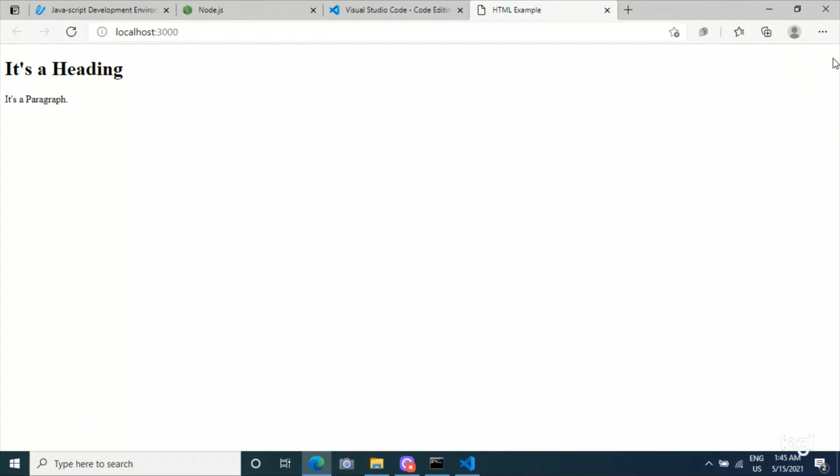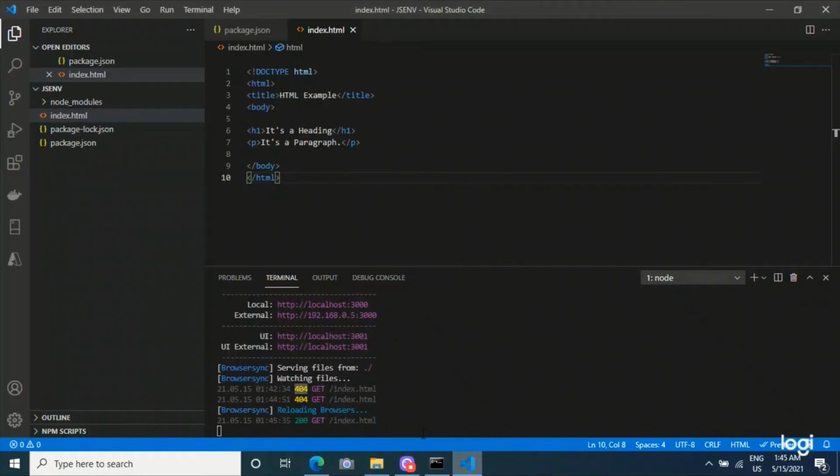See here, browser sync connected. Now the browser sync is connected. Got 200. Previously we got a 404 error. Now the status code is 200. That means the response is generated successfully by the web server.